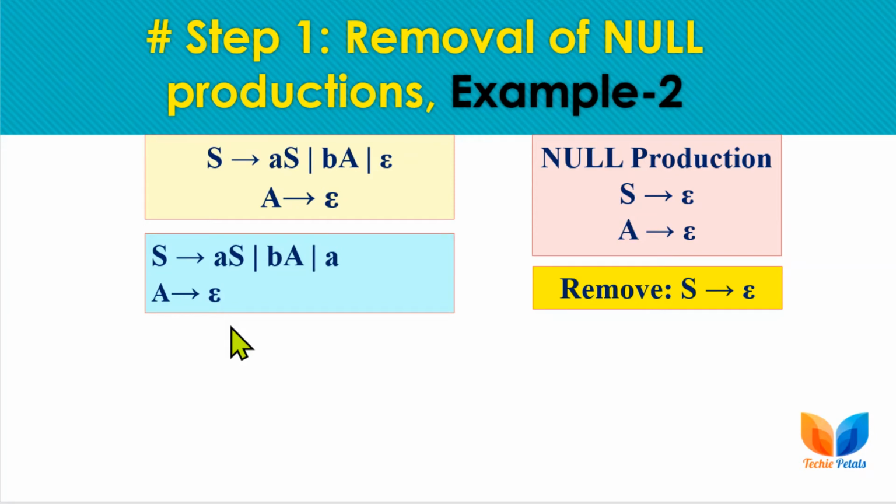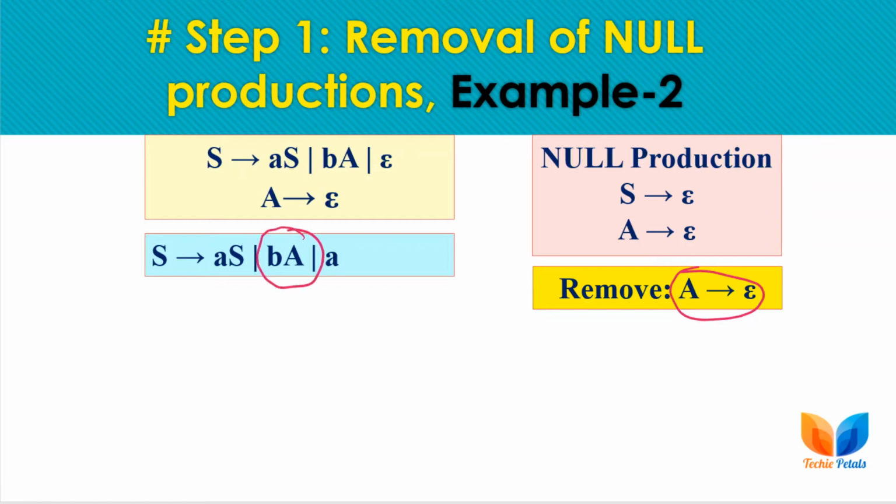Now working with the removal of the second production rule, that is A deriving null. Following the same steps, write all other rules of the grammar except this rule. So here are the remaining rules of the grammar. Now we can simply substitute A with null on the right hand side. As we can see we have only one production rule with A on the right hand side, so simply substitute A with null here and the resulting rule is B. So this is the resulting grammar after removal of both the null production rules.